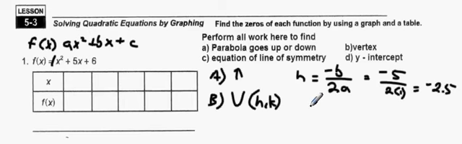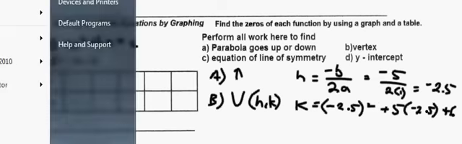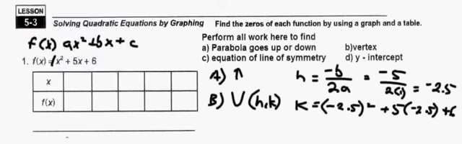And then to find k, we simply input negative 2.5 in for the x in the expression. So we would go negative 2.5 squared plus 5 times negative 2.5 plus 6. And then looking at simplifying that expression,